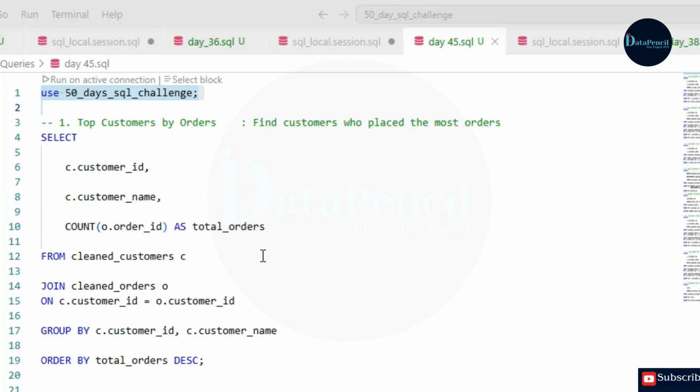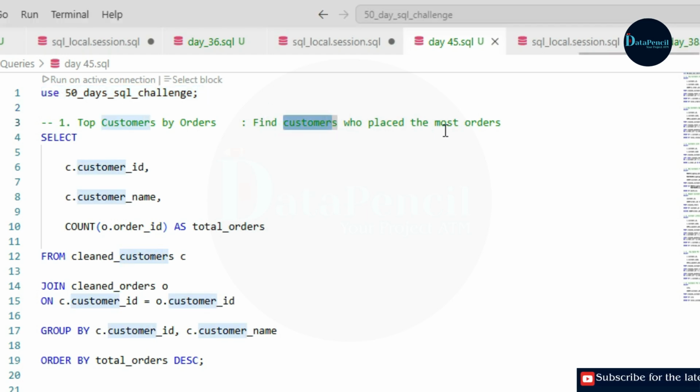All right, so if there are multiple questions that are based on customers, how can we find that? Suppose there is a query called top customers by order, meaning we have to find customers who placed the most orders, where the number of orders is highest.